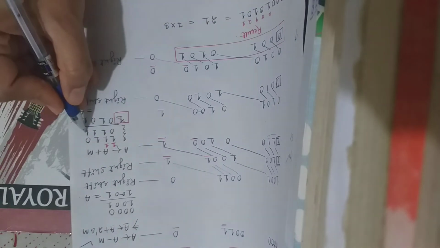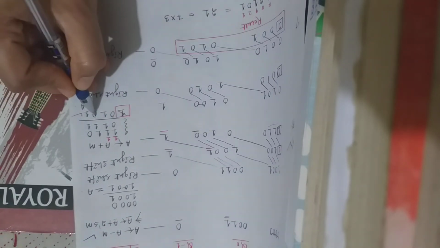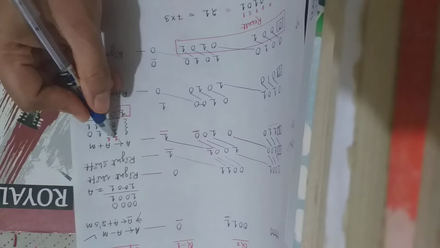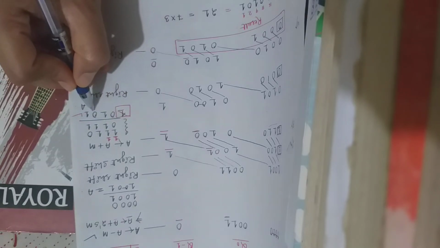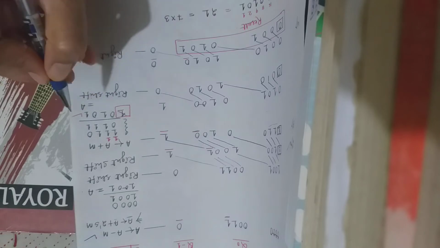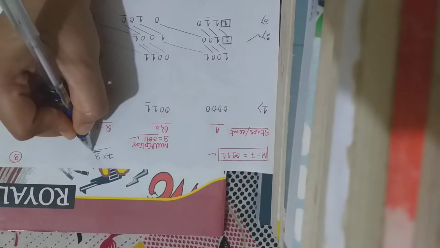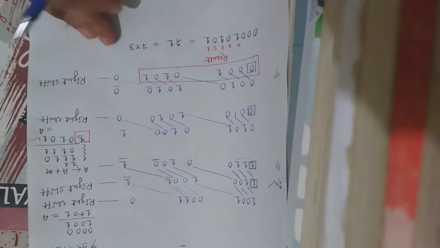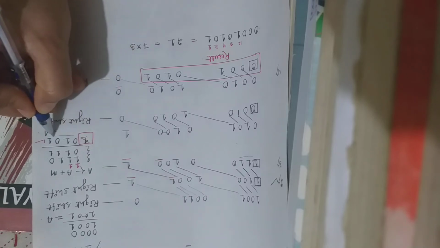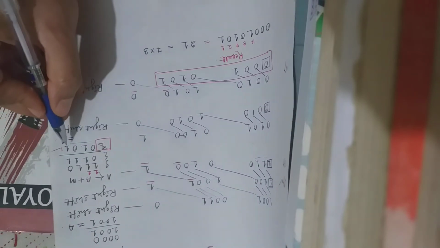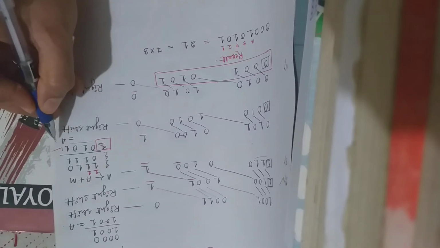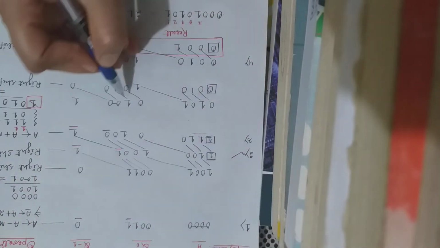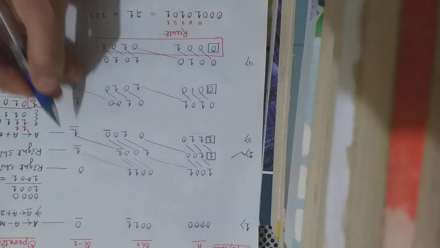This will be added. As we have taken 7 cross 3, that means only 4 bits, then we have to discard the 5th bit. The final value is 0 1 0 1, and it will be stored in the accumulator. Then the accumulator's new value is 0 1 0 1. Then Q naught is the same value, 0 1 0 0, and Q minus 1 is 1.